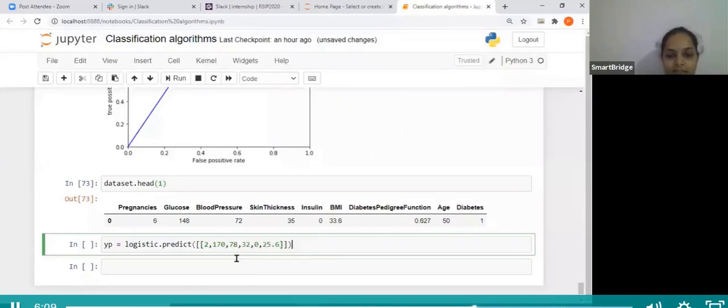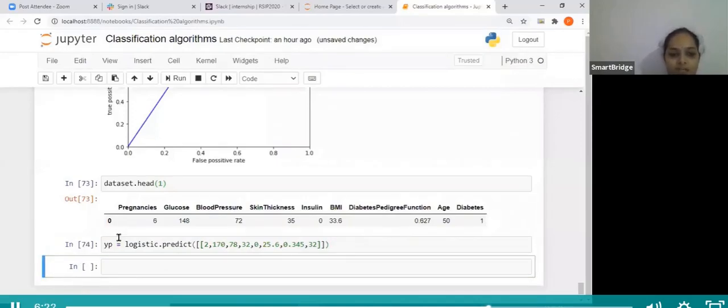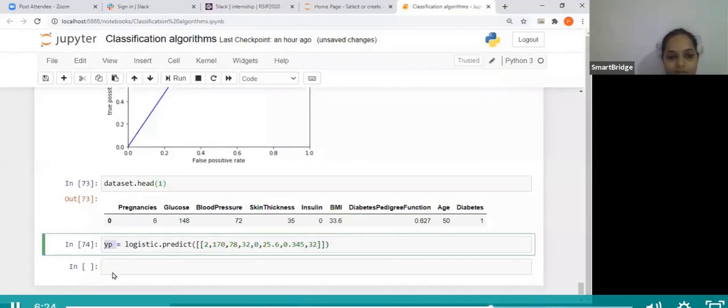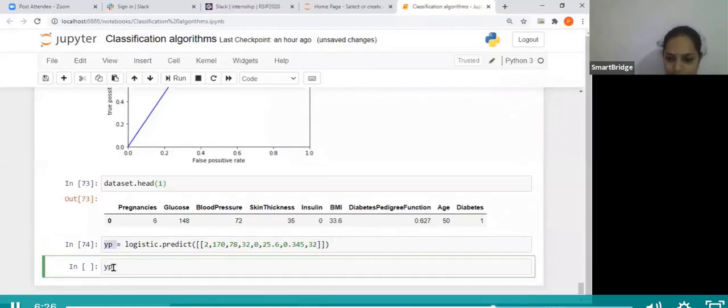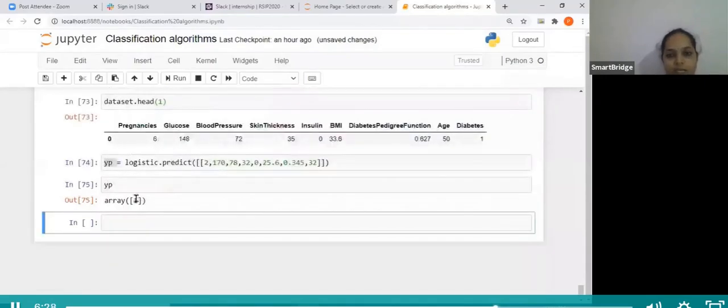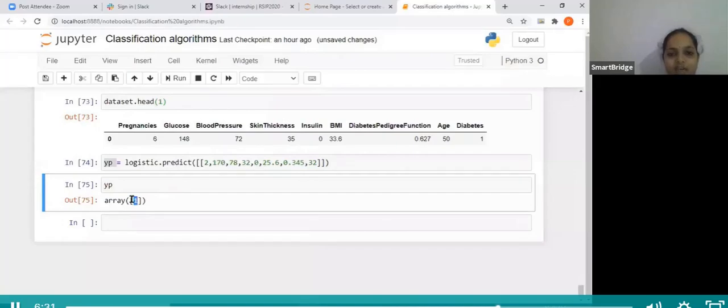And diabetes pedigree function is 0.345, and her age is 32. Let's execute this and check whether she will have diabetes or not. If you see, 1 means yes, she is a diabetes positive person.